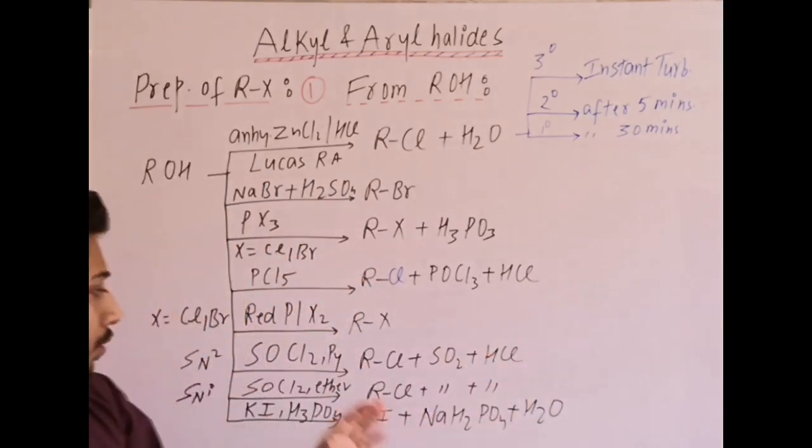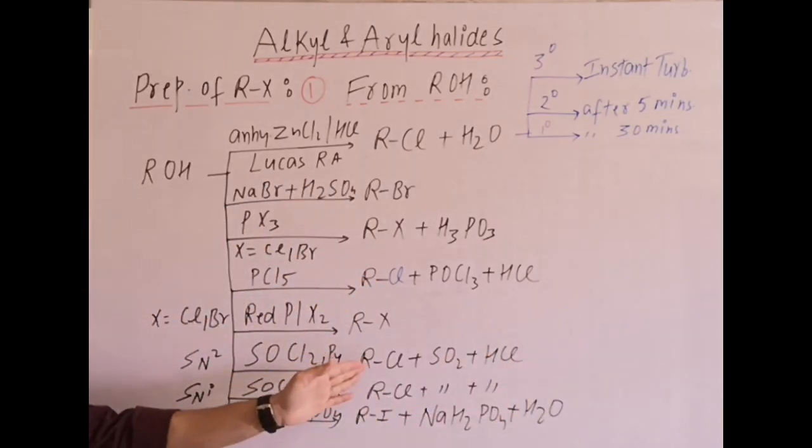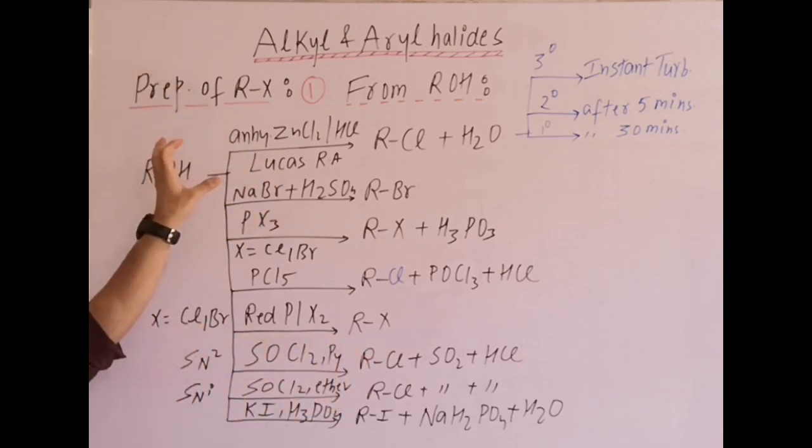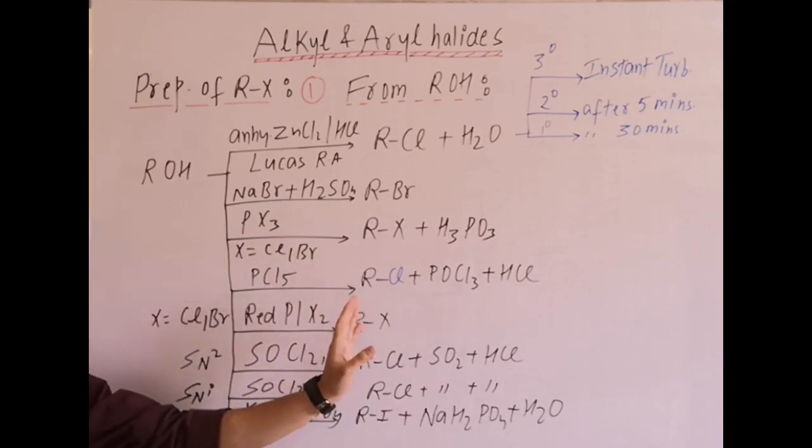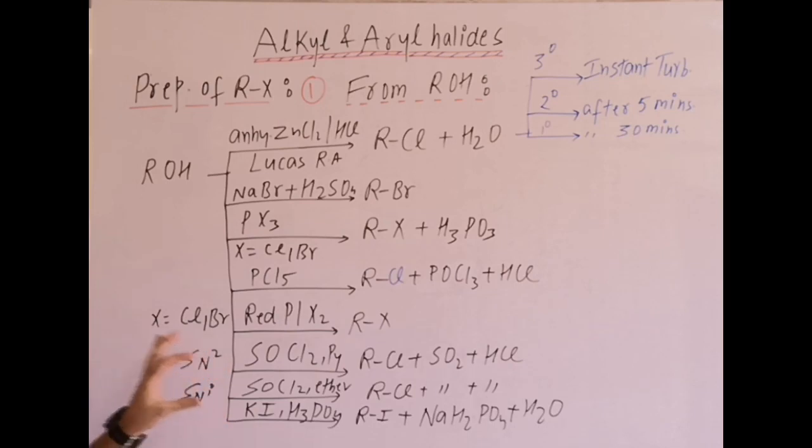Then you can use this point that SOCl2 with base, maybe here we can take triethylamine or pyridine, it is SN2 mechanism. That means backside attack of the nucleophile Cl minus, but without pyridine it is normally retention of configuration. That means from where OH is leaving, on the same side Cl will attack. That point is less important unless clearly it is asked from the mechanism point of view, which is difficult for NEET type of questions. Then next is alcohol to alkyl iodide by using KI with H3PO4. It gives RI plus other byproducts.